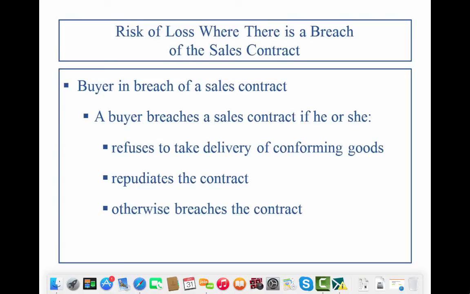Well, the buyer is not sending the goods, but the buyer could refuse to take delivery of goods that they negotiated and contracted for. They could repudiate, meaning cancel the contract without just cause, or in some other way breach the contract, meaning not pay for it, or whatever the case might be. If the buyer does something wrong, then even if this was a destination contract, meaning the risk of loss wouldn't have passed until it came to their doorstep,